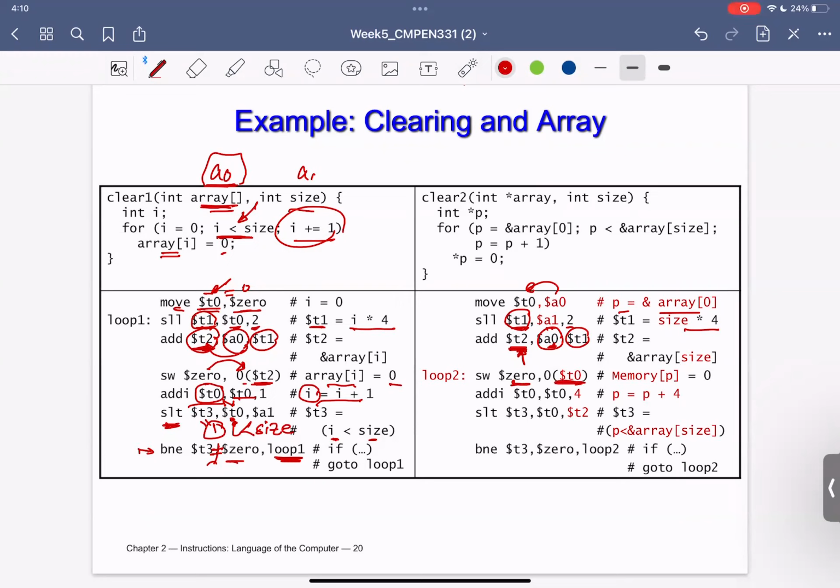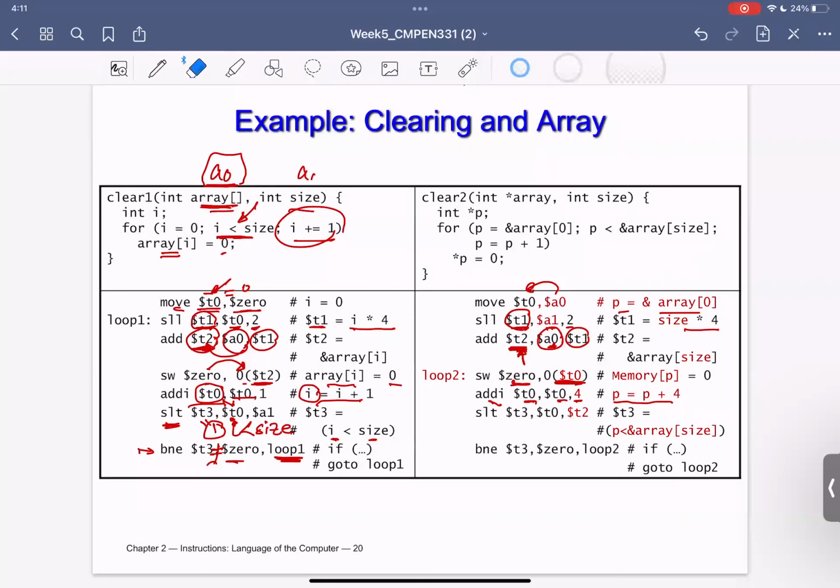And then store word 0 to that particular address. But since I have a pointer pointing to the very first address of the array, if I would like to move to the next array element, if this was P, the next one will be P plus 4, correct? The one after will be again P plus 4 plus the updated one, and so on and so forth. So just adding P plus 4 is pointing to the next address location. And this is what I have done here. Please add T0 plus 4. It is T0 updated now, which is P plus 4. So now I am going to the next address.